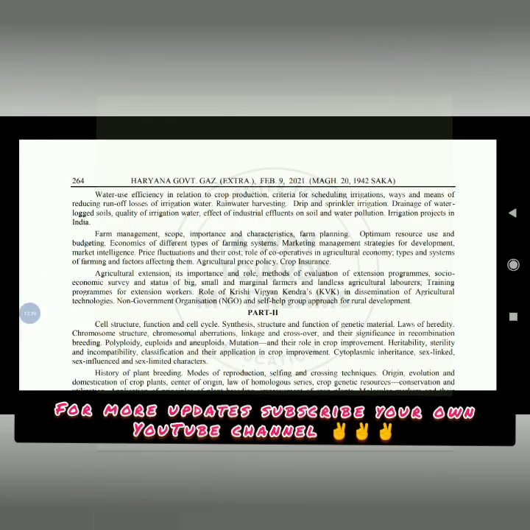Water use efficiency in relation to crop production, criteria for scheduling irrigations, ways and means of reducing runoff losses of irrigation water, rainwater harvesting, drip and sprinkler irrigation, drainage of waterlogged soils, quality of irrigation water, effect of industrial influence on soil and water pollution, irrigation projects in India, farm management, scope, importance and characteristics, farm planning, optimum resource